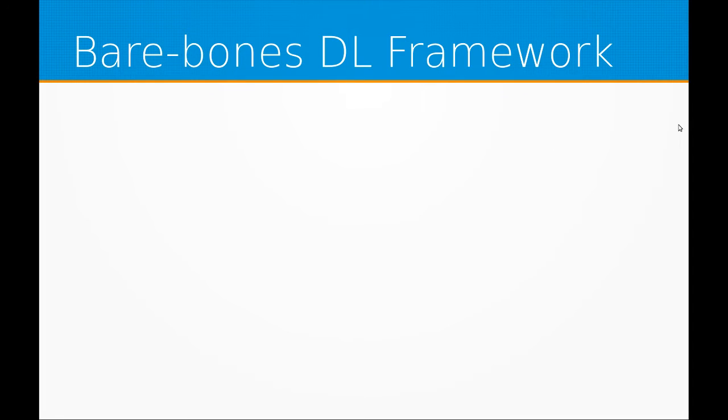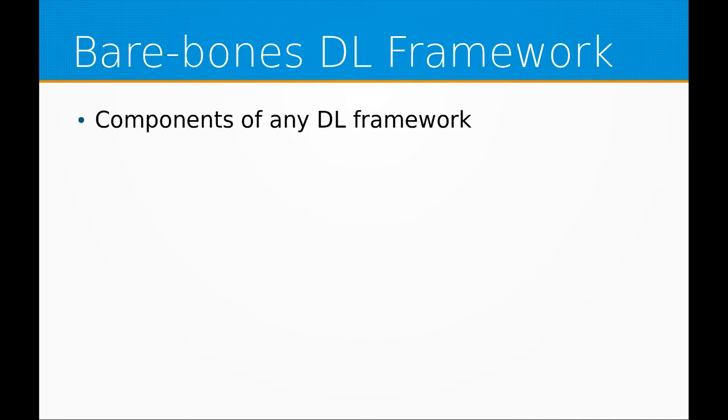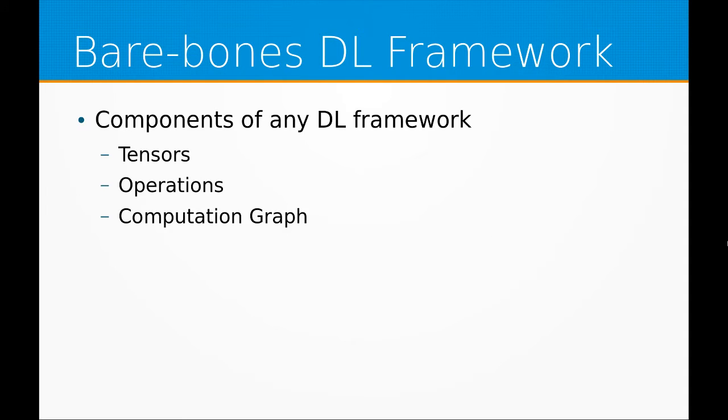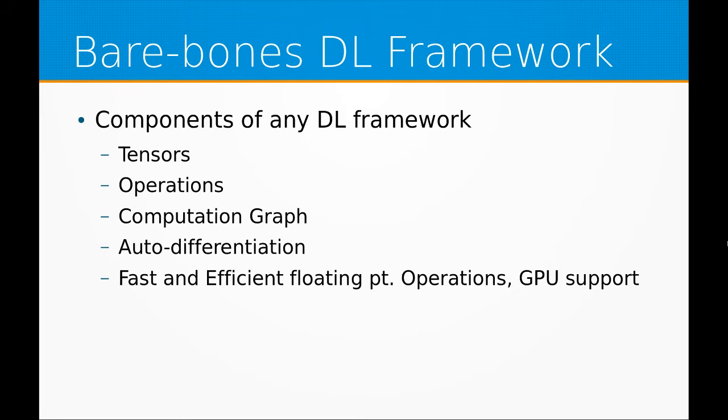Okay, so next is what I'll call a bare bones deep learning framework. So any deep learning framework will have the following components. It has tensors, and don't worry if you're not comfortable with the terms. We'll go through them in detail. So it has tensors, it has operations on these tensors, it has a computational graph, it has an auto differentiation module, it has fast and efficient floating point operations, because